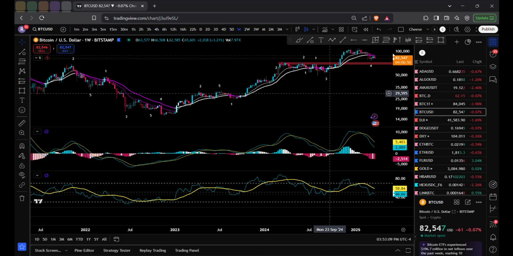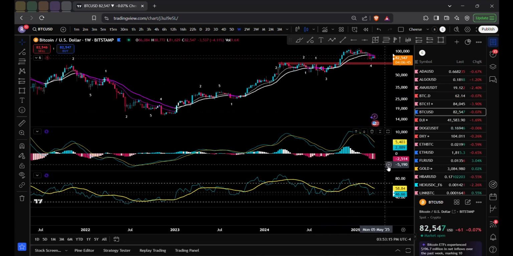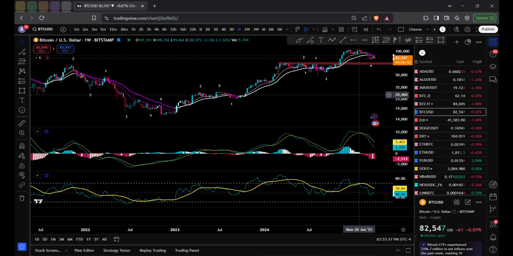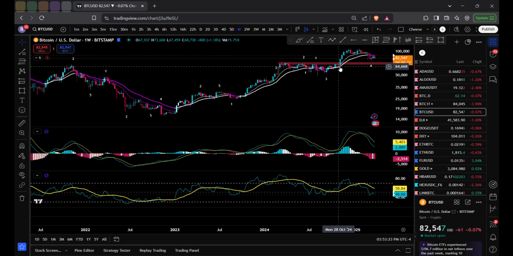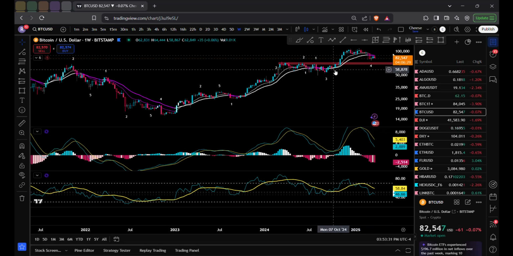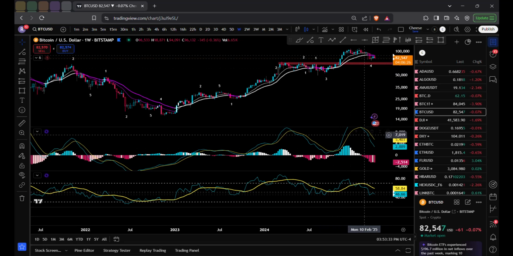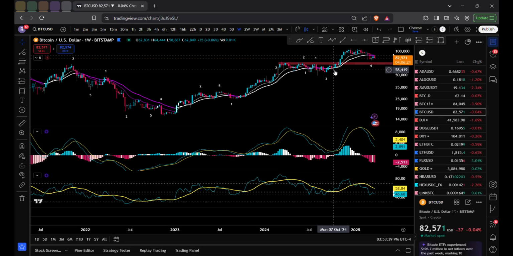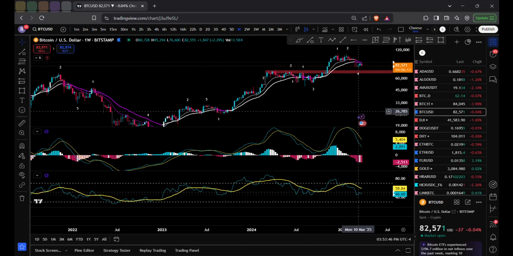Again, is the MACD in a death cross structure or a golden cross structure? The MACD has a death cross since January 27, 2025, showing me that momentum has come down. Is it above the zero line or below the zero line? It is still above the zero line, showing me that we potentially might not break this 60,000 until we break the zero line. So the way that works is the most recent low here is the most recent low here, 58 to 60,000. As the moving averages get closer to the zero line, we will inch closer to 58 to 60,000. If we golden cross above it, we form a higher low to the 51.9,